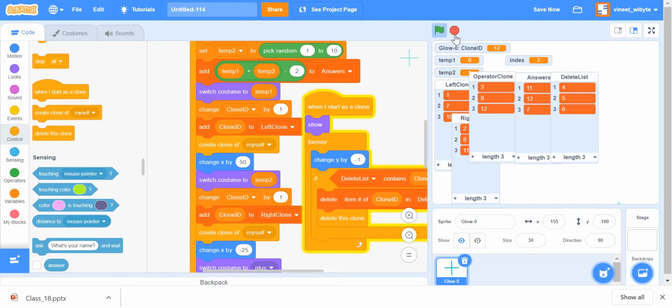So now this whole thing is kind of coming together, because every clone had been given a clone ID, right? Those clone IDs which corresponded to a correct answer as you have provided have been moved into a delete list, and hence that particular clone, when it checks that, oh, okay, look, my name has appeared in the delete list, I must get deleted. So it deletes itself, and it also cleans up the delete list. It removes itself from the delete list.